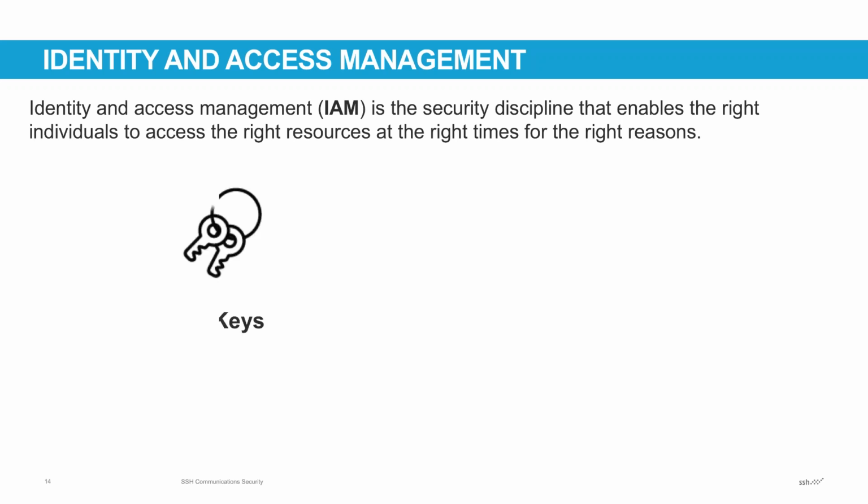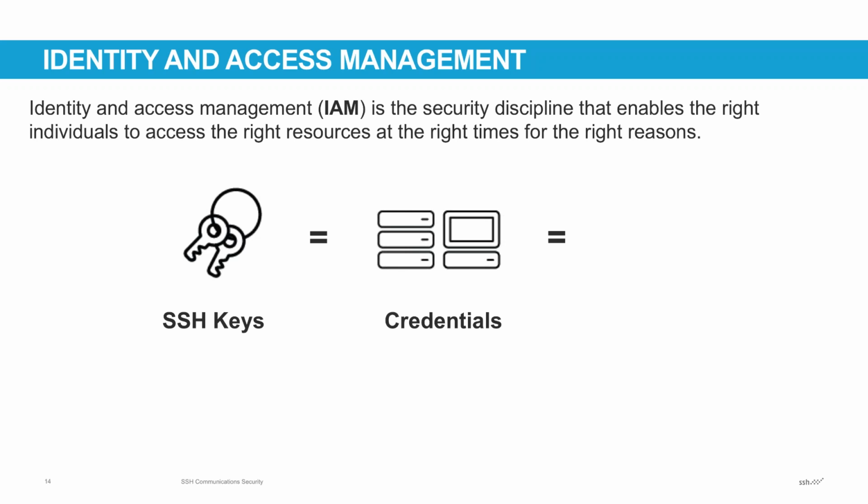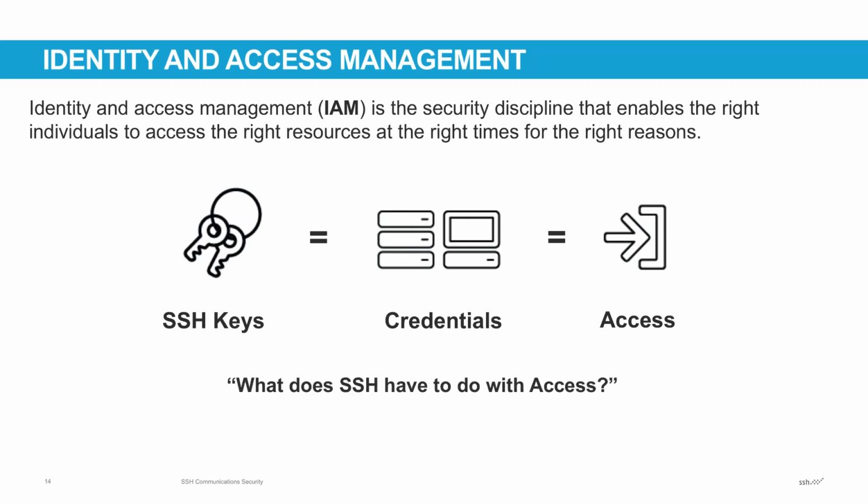So when people think about their access, I'd like to present you with a formula: SSH keys, along with your credentials and what constitutes access in your environment. This is a complete formula reflecting access into your environment. If you're only concerned about credentials and access alone, which most auditors have been looking at over the years, and SSH keys is not included, then you're missing a big piece of this formula. Now, so what does SSH have to do with access? How about we find out?